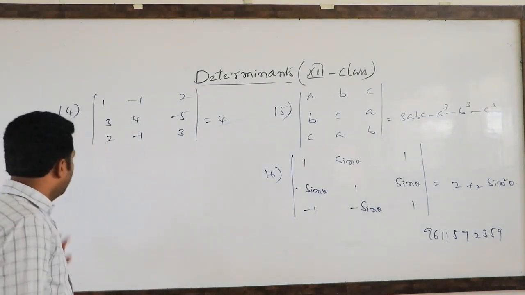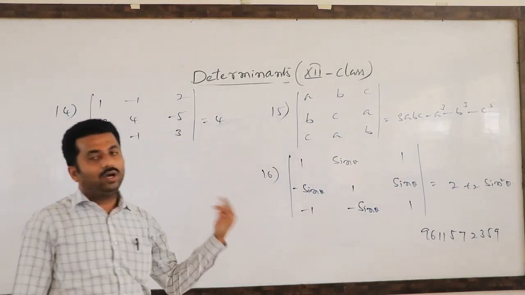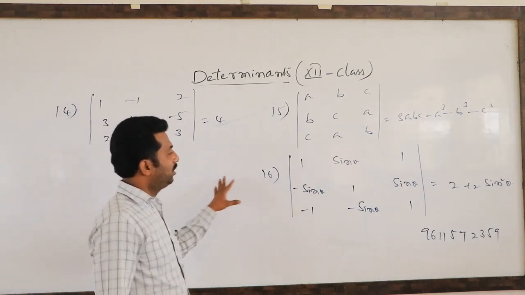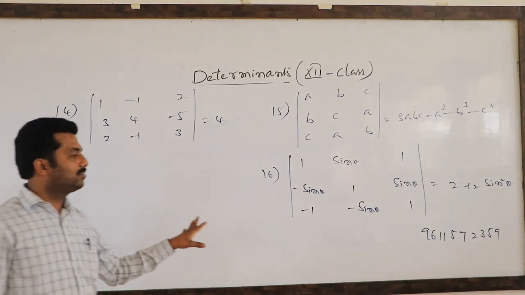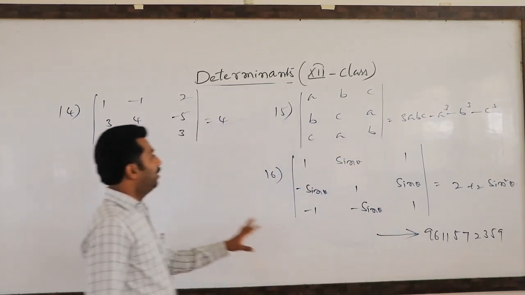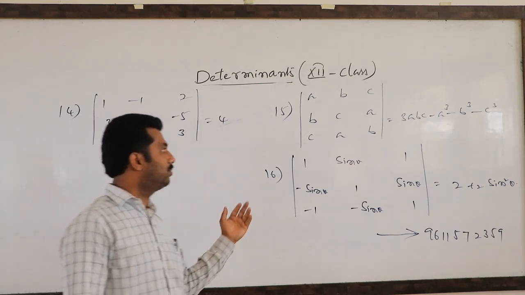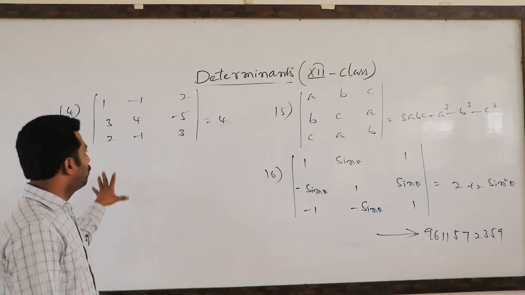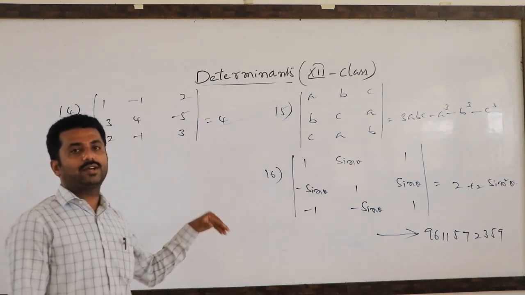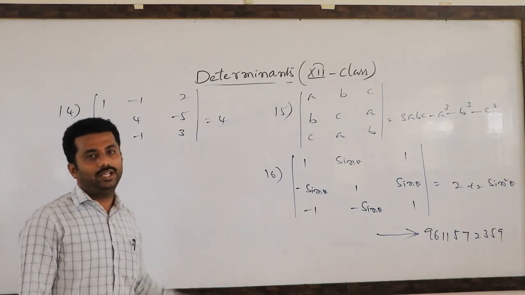Okay students, you have to solve these 16 problems that I gave. Whatever row or whatever column you choose, the answer will be the same only. Whether you get answers or not, if you are not getting answers, you have to send such types of problems to my WhatsApp number. Not only that, you have to send all the questions. I will check who is solving the problems and who is not, so that you practice thoroughly. These are administrative problems only, but somewhere I gave some other exercise problems. So you should practice thoroughly. Okay. Thank you.